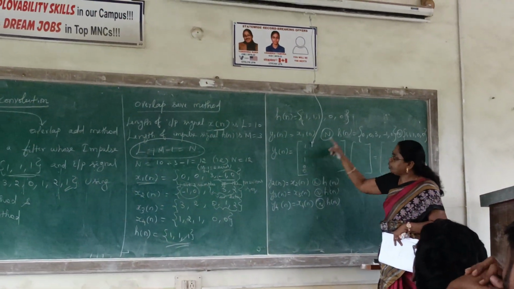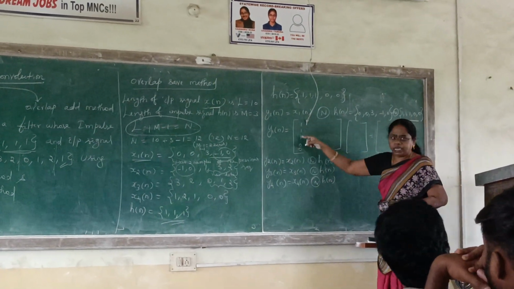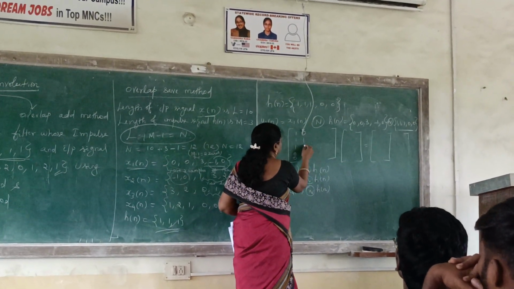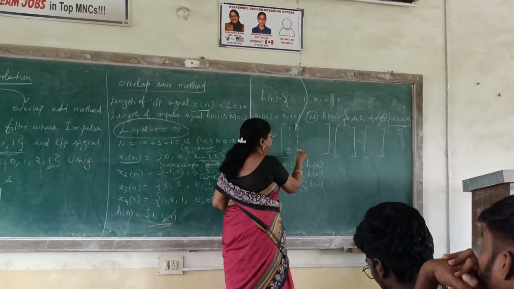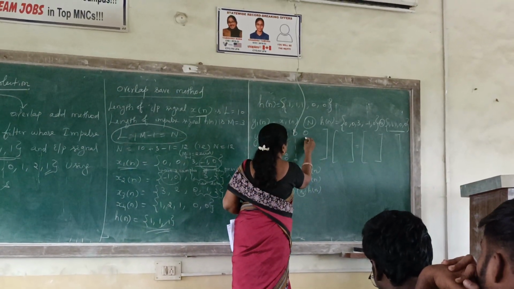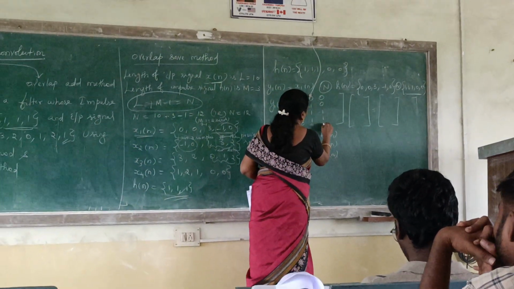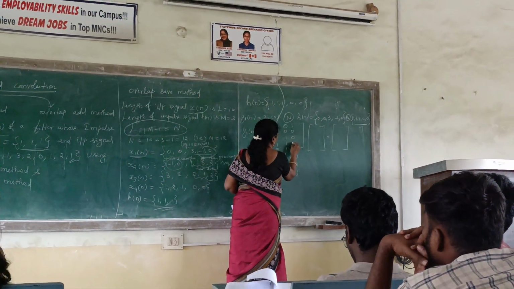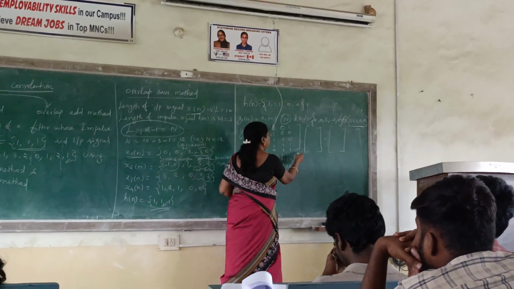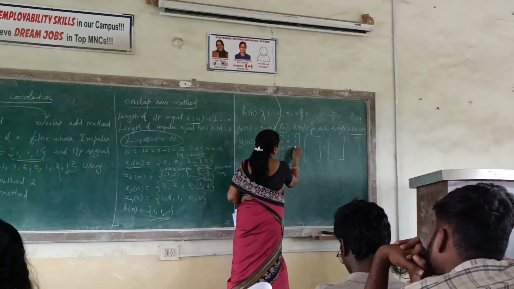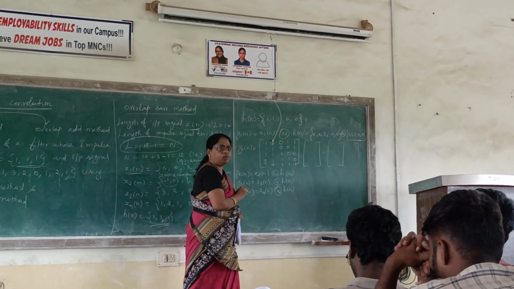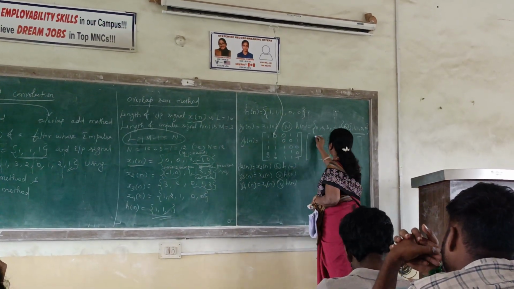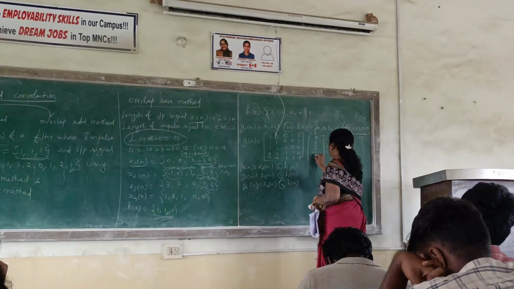So how do you have to convolve? First you have to write this h of n sequence. What I said already: this 0 should go up, then the remaining 1, 1, 0. Then this 0 should go up, then the remaining is 1, 1, 1. Again, this 1 should go up: 0, 0, 1, 1. This 1 should go up, then 1, 0, 0, 1. This is how you have to write. And what you are supposed to write here, which one is x1 of n? 0, 0, 3, minus 1, 0.